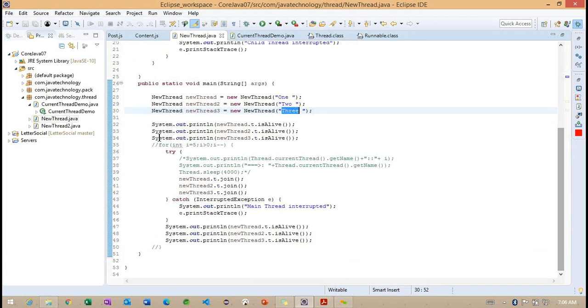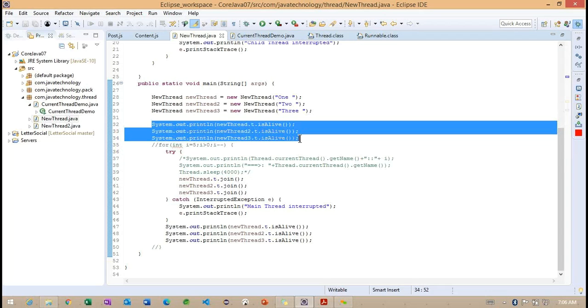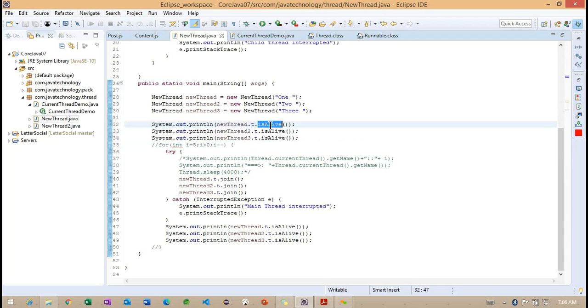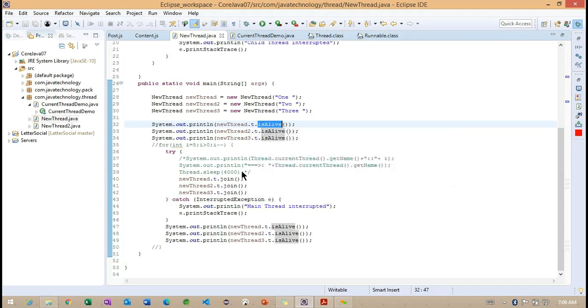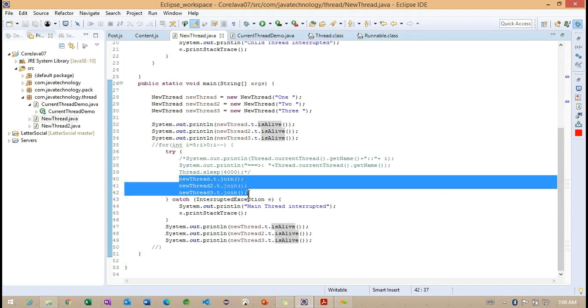Observe here, before going to the picture of the main thread, we are checking whether this particular thread is alive or not, that is, whether the thread is available or not. Whenever we call the join method here, what happens internally?